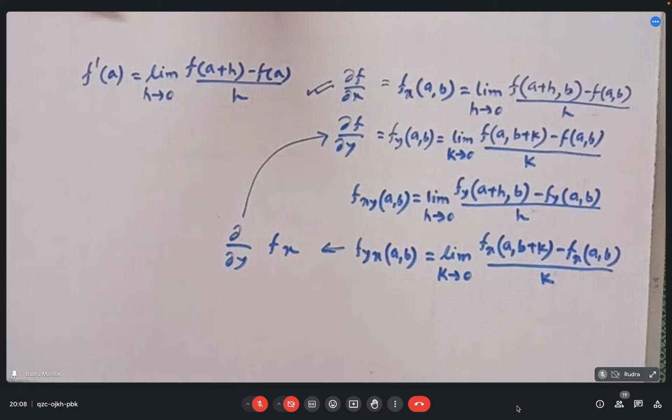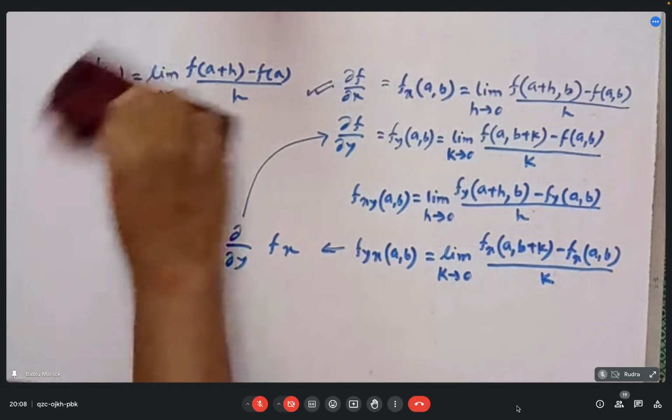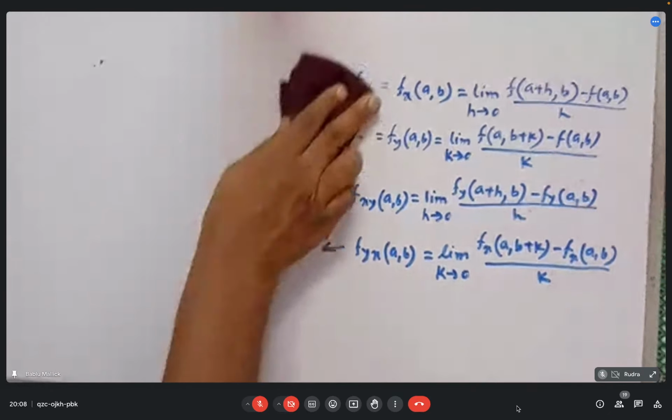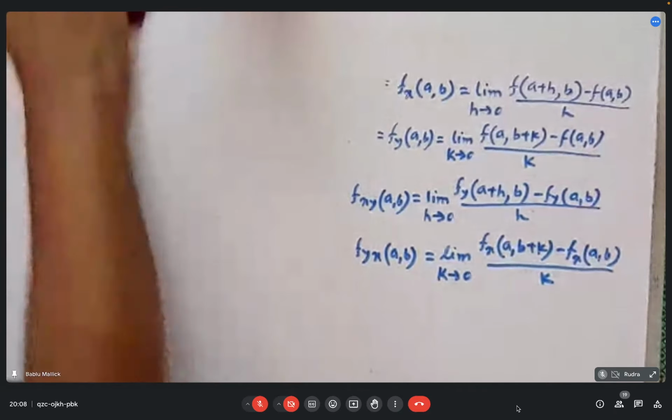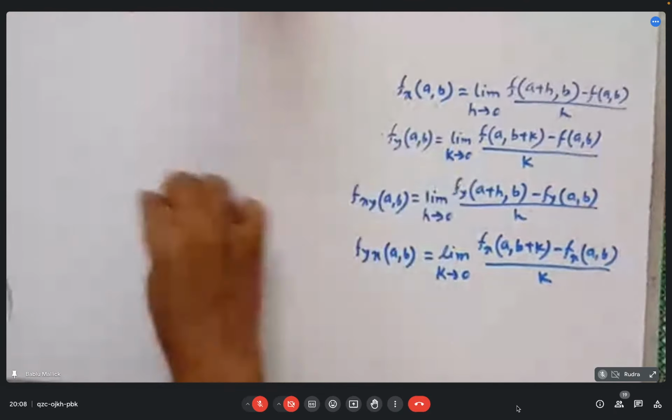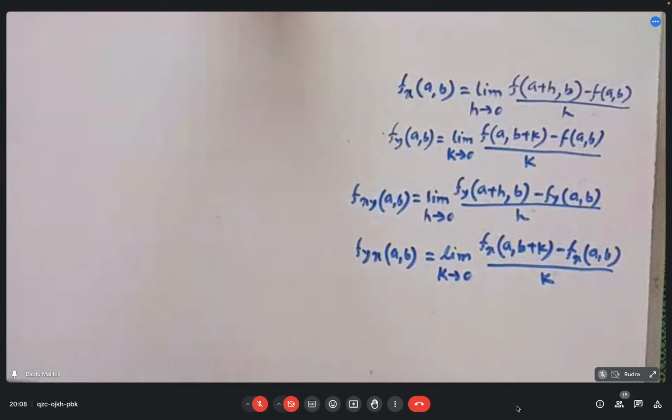So we have written 4 definitions. These are the 4 definitions. We shall use it now. লেখো।